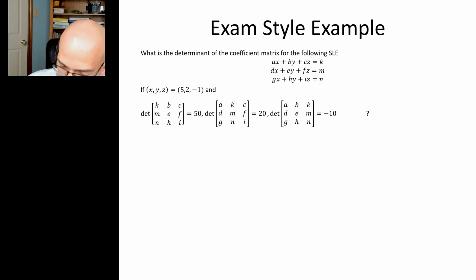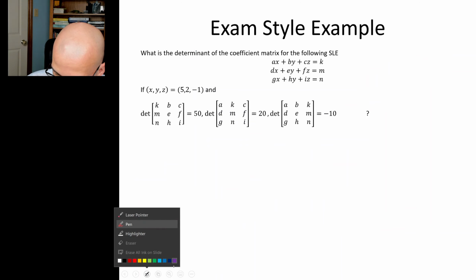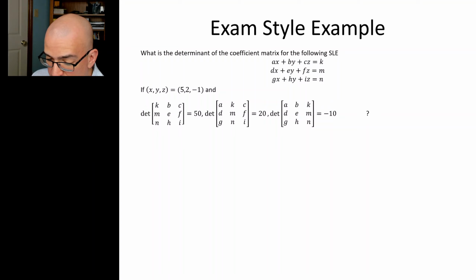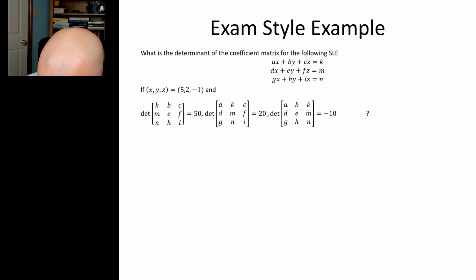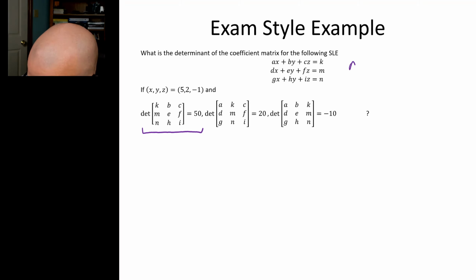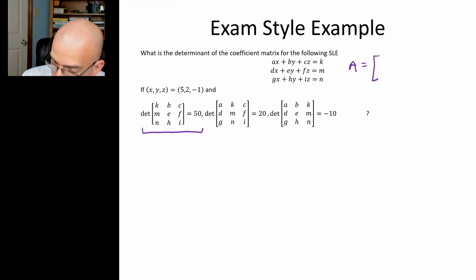Okay, here's another one. Same idea, kind of. It asks instead for the determinant of the coefficient matrix. If the solution x, y, z is equal to 5, 2, negative 1, and the determinants of these replacement matrices, the same matrices we had in the last example, are given by these numbers. So I'm going to write down this first. Well, let's write down A. The coefficient matrix is A, D, G, B, E, H, C, F, I,